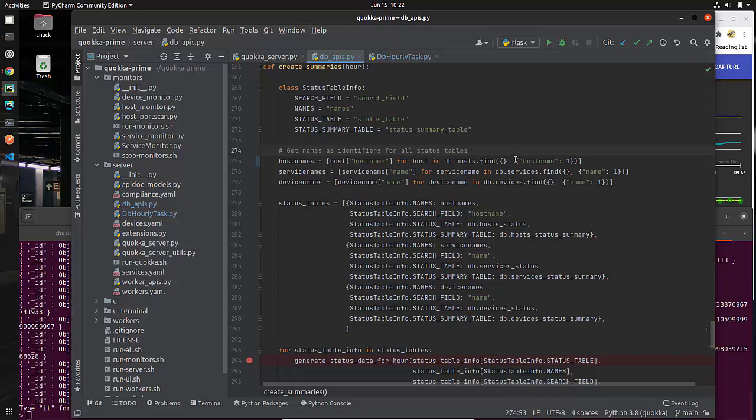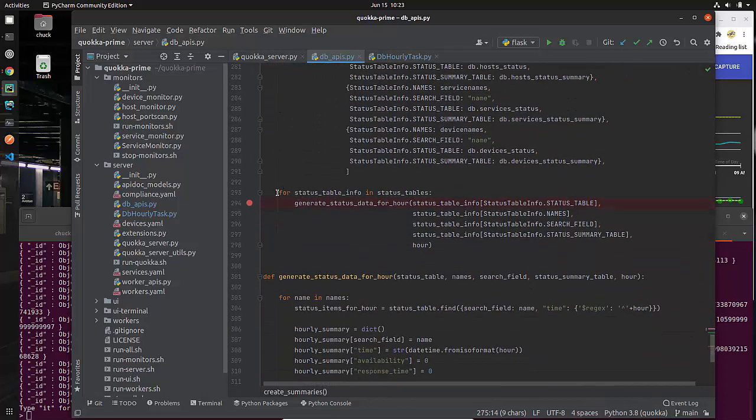And I probably don't even need to specify this now that I think about it, because I'm going to extract host name anyway. So I could do this. This is a simpler way to do it. And I will make these changes later. Of course, I haven't tested it to make sure it works. Probably before I publish this, I better make sure that it works the way that it's supposed to work. But this is a much simpler way of doing it. This is giving me the host names. And then I will do the same thing here. It will give me the service names.